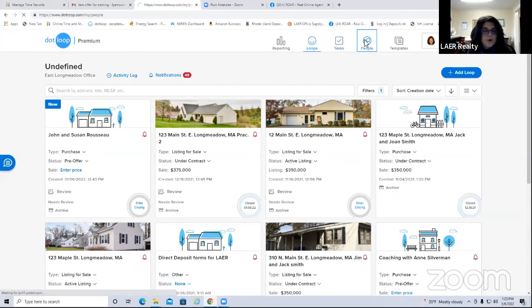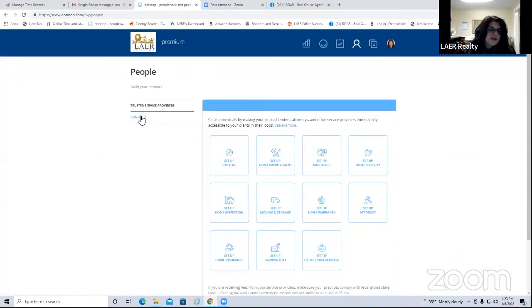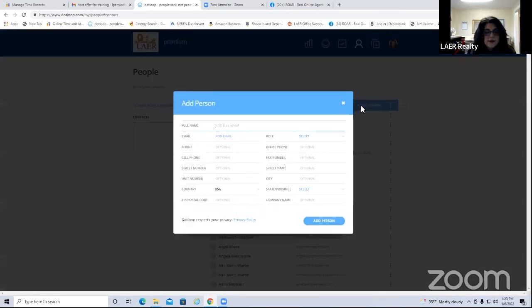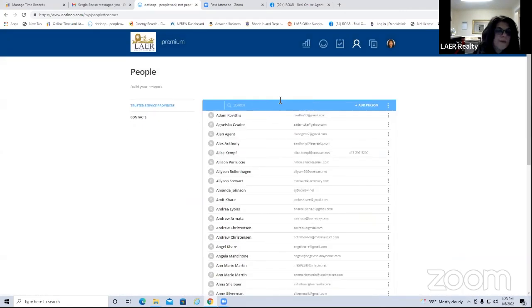This is all your people. So I like this feature because contacts, these are all my contacts. A lot of these are agents. Some of these are attorneys. So anytime you add anybody in here, you can put who they are. If they are, maybe they're a home improvement person. But if you have an attorney that you use all the time, you want to put them in here. So when you start to type their name, it'll automatically show up. You don't have to retype it. My name is hard to spell. And so it makes it easier for those agents that have really hard